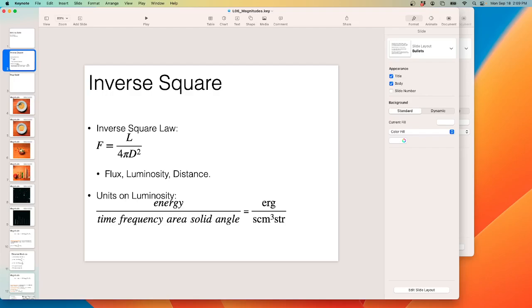What's an erg? Anybody know what an erg is? Okay. I will complain about MKS all the time, half because I think it's funny, and half because I'm an astronomer. We all use CGS for reasons that I will explain probably at the beginning of the next lecture. An erg is an energy in CGS. CGS is centimeter gram second. So an erg is a gram centimeter squared per second